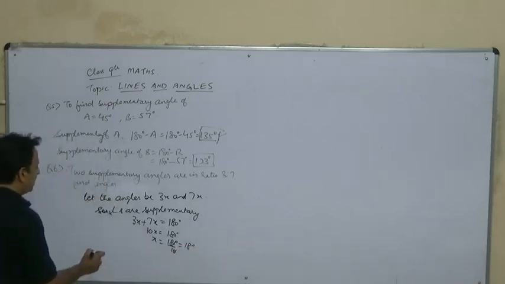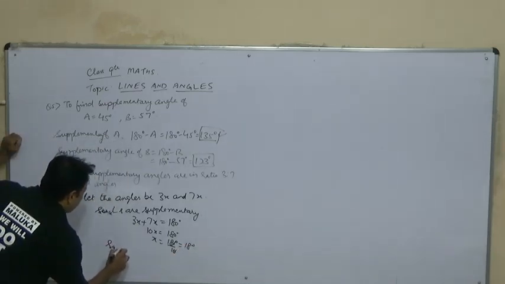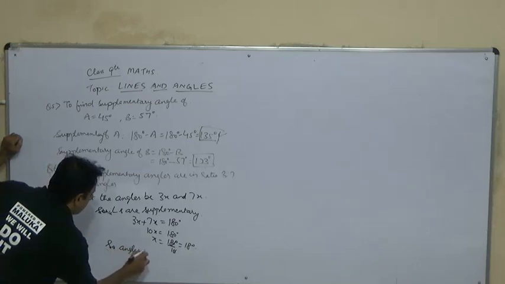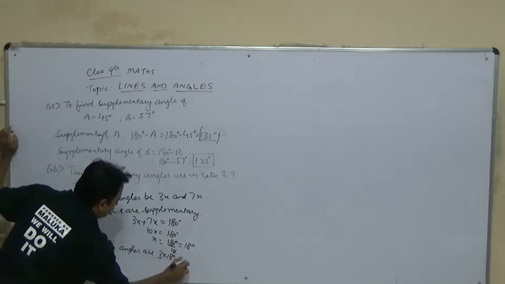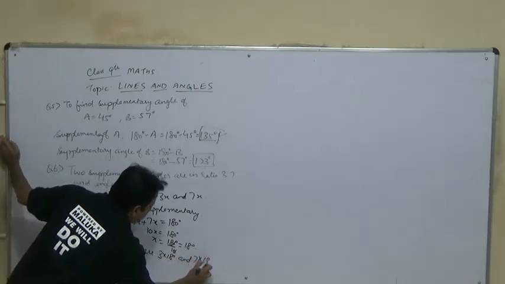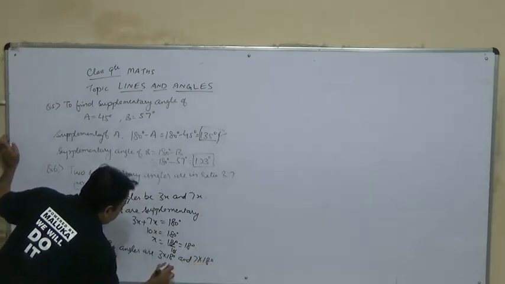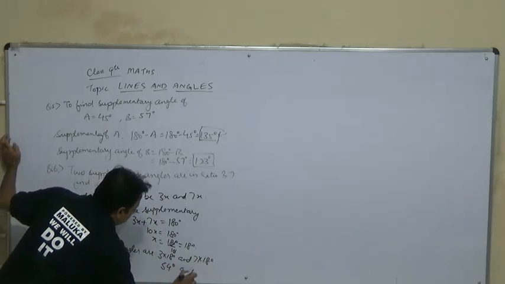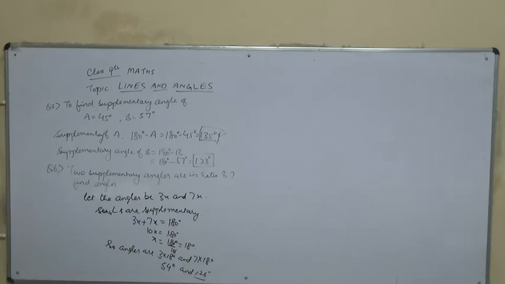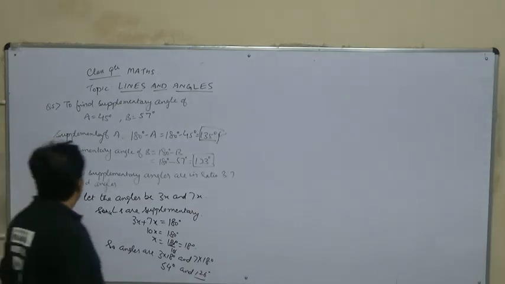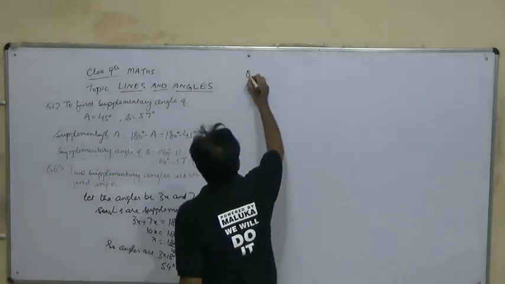Now the angles are 3 into 18 degree and 7 into 18 degree. So this will be 54 degree and 126 degree. So this will be the answer. These are the two angles whose sum is 180 degree. These are supplementary. Then the seventh question is,